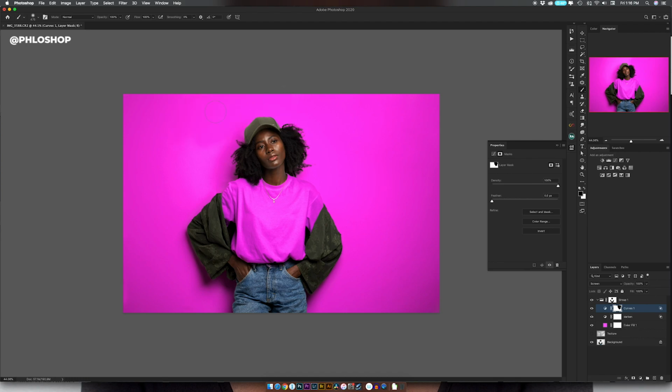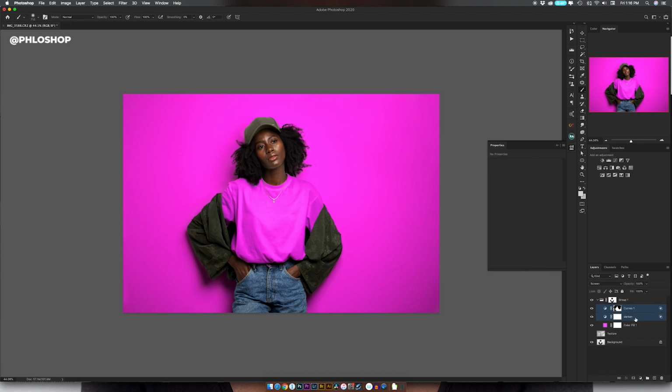Anywhere else that I don't want it to be visible, I'm just taking it out. So just like that. So here's a before and after, and you can see the brightness is only affecting the t-shirt, and this looks really good. So this is the darkening and this is the brightening. If I group them